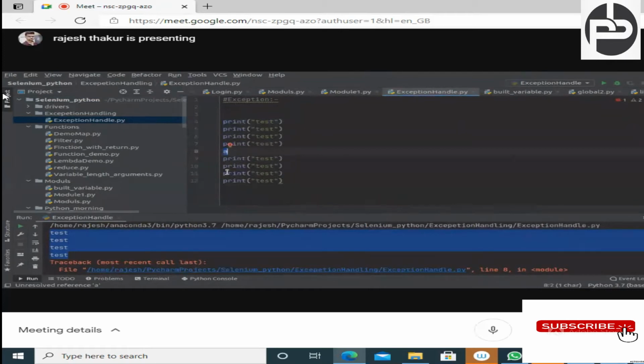Exception is again of two types. One is the syntax exception. What do you mean by syntax exception? Wherever you make a syntactical error, for example, here A is not defined and you are trying to use it. We know this is a syntax error because A is not defined.